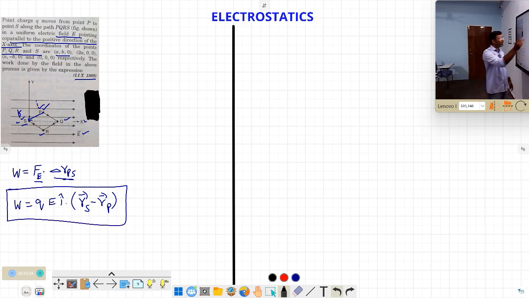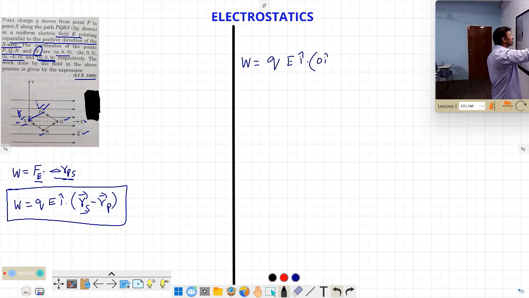To calculate this, I am using the concept W equals charge Q times E i-cap, dotted with (R_S minus R_P). What is R_S? R_S is the position of the S point. S is this, the last position of the S point: 0, 0, 0. That means we can write it as 0 i-cap plus 0 j-cap plus 0 k-cap